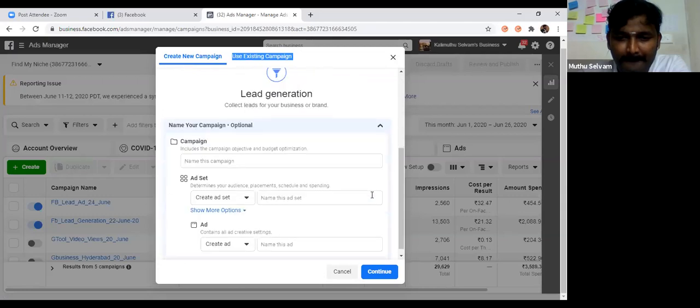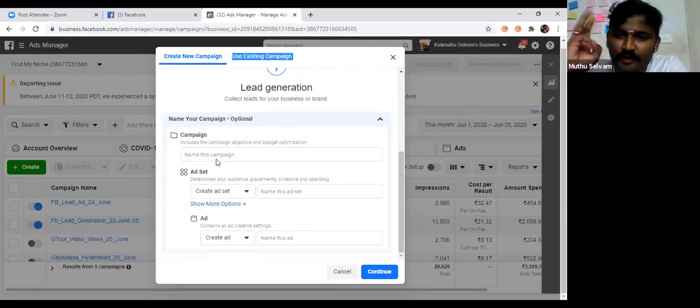At the bottom there are only 3 columns. We are going to create a campaign. Campaign is nothing but a campaign name, only for our reference. The second one is the ad set. Ad set is about what kind of people we are going to target. They have categorized it into 3 segments organized in such a manner. We are just going to fill the form. There is no coding and nothing technical required. Anyone can create it, I'm very sure about it. You just click the name.